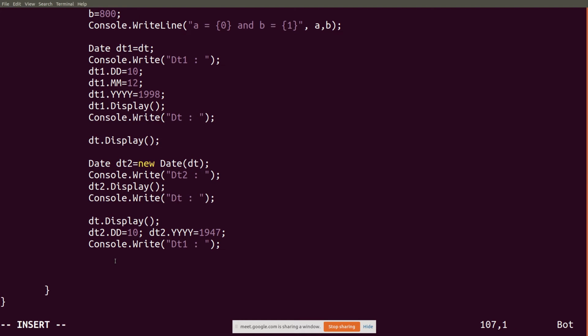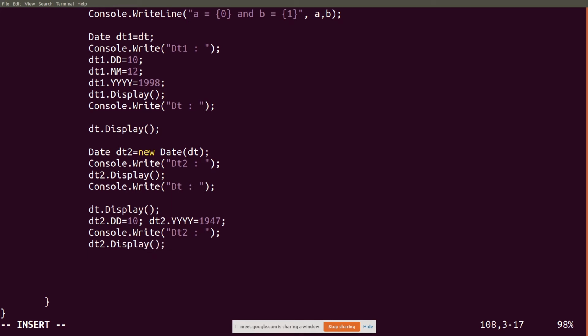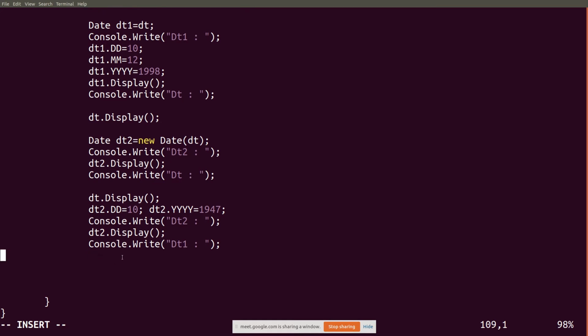Again I am going to display dt2. So you say dt2.display again. After modifying dt2, I try displaying dt also.